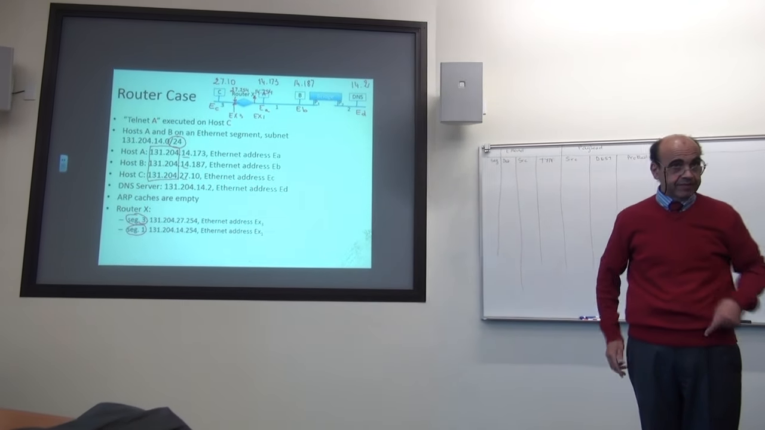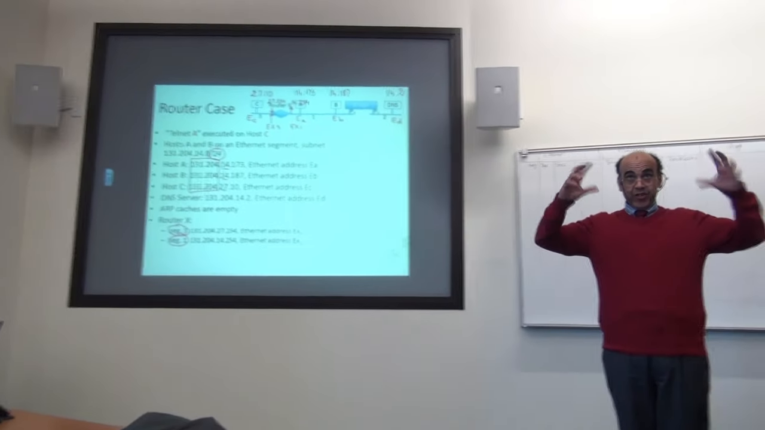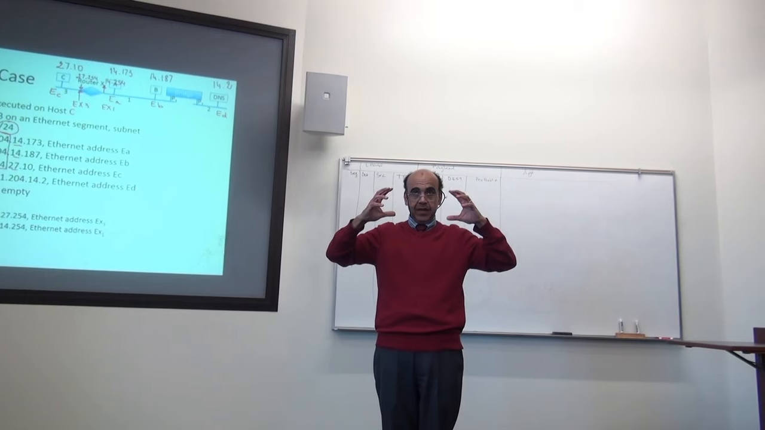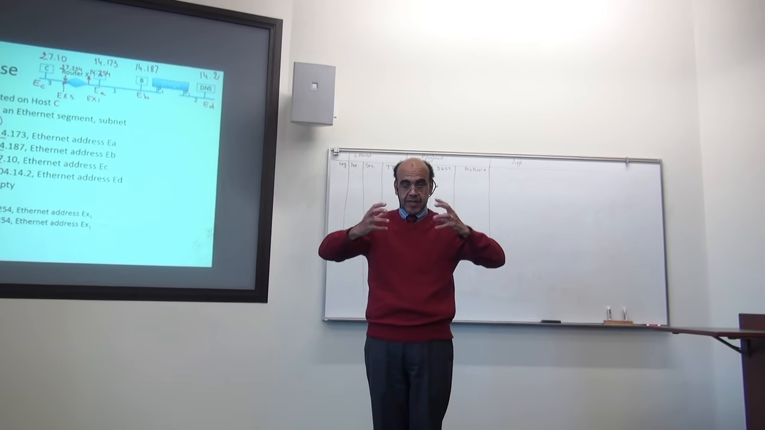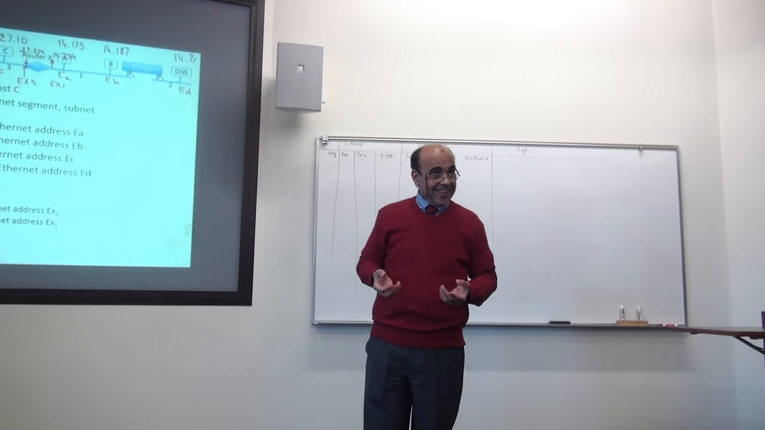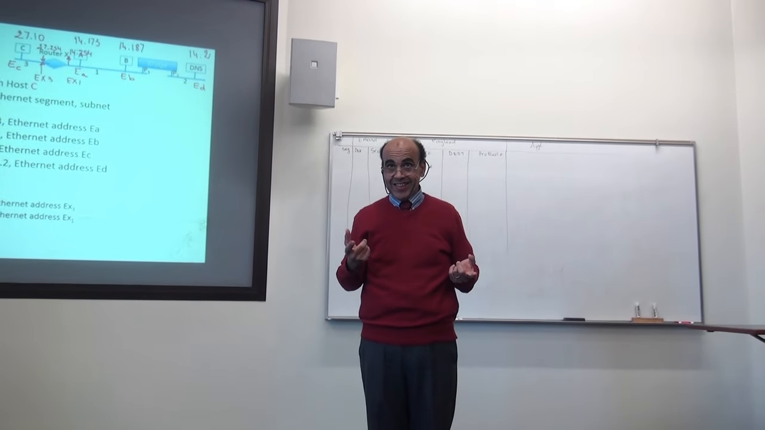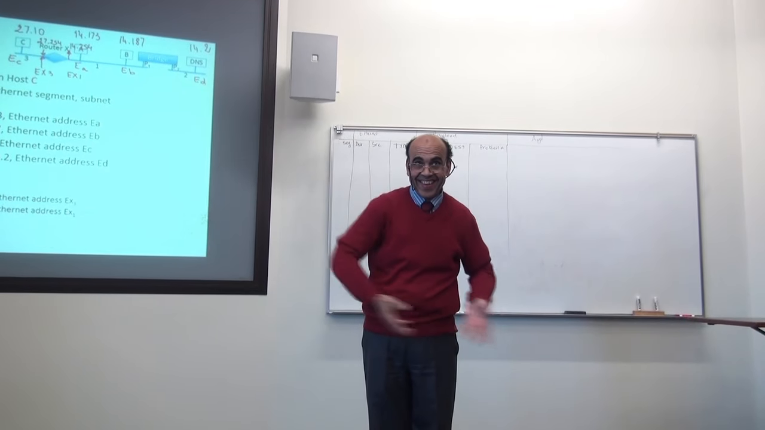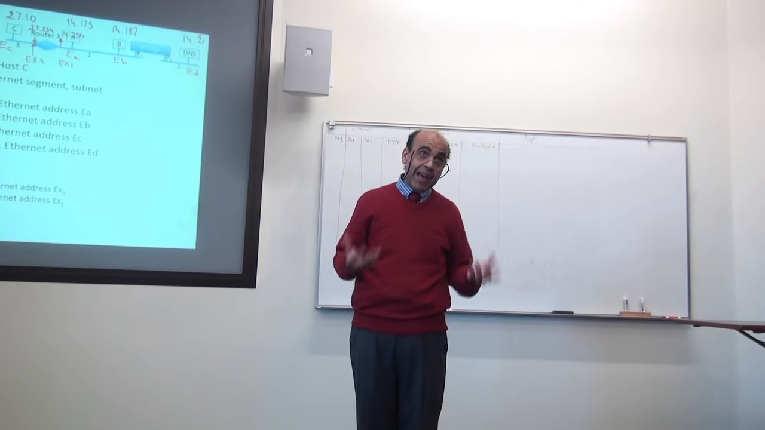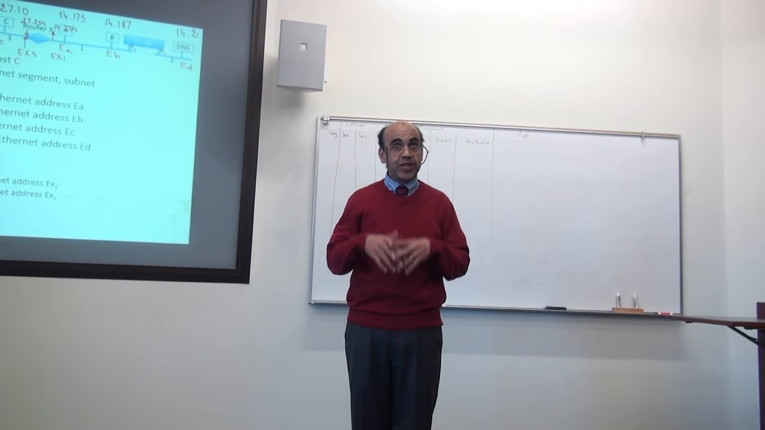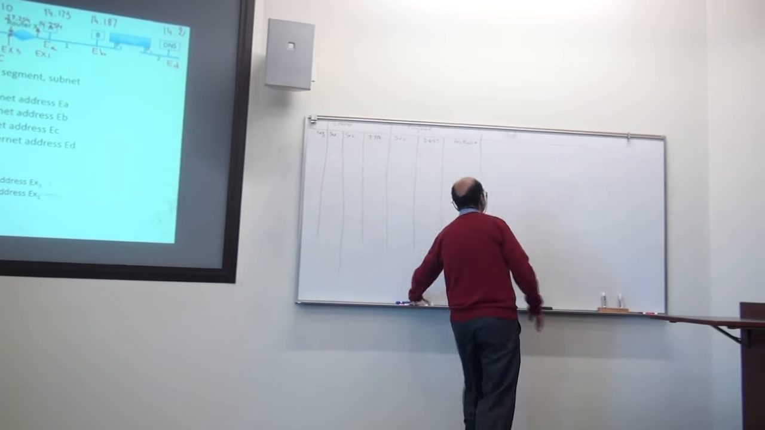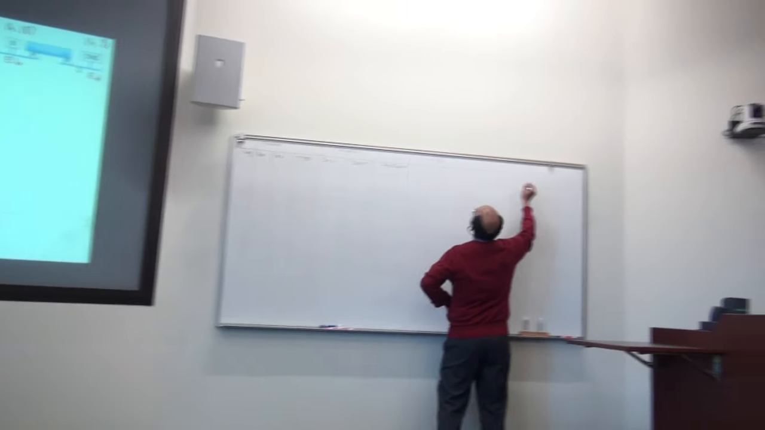So the router told us we have to go to 27.254. Here is host C. It has to send this to the router. It knows the router's IP address, but what do I need to send this? The MAC address. Do we know the MAC address? No, we don't know the MAC address. So let us put the ARP